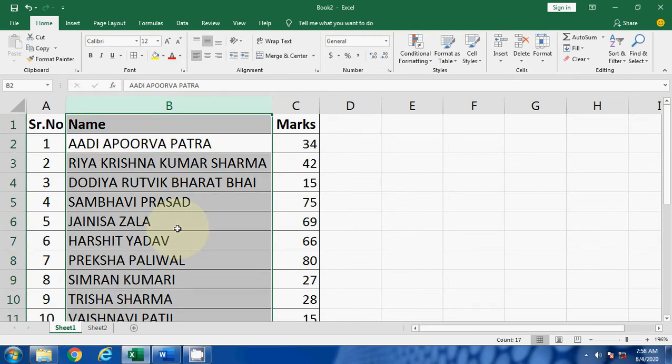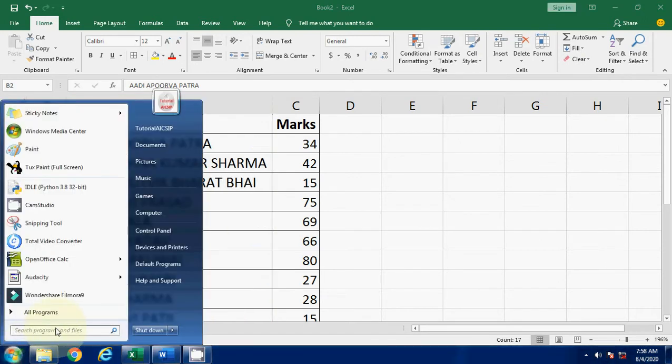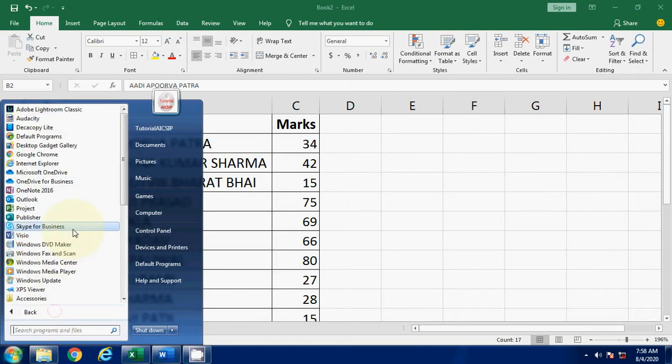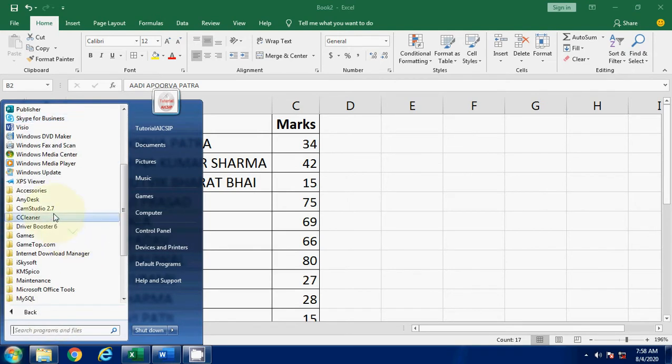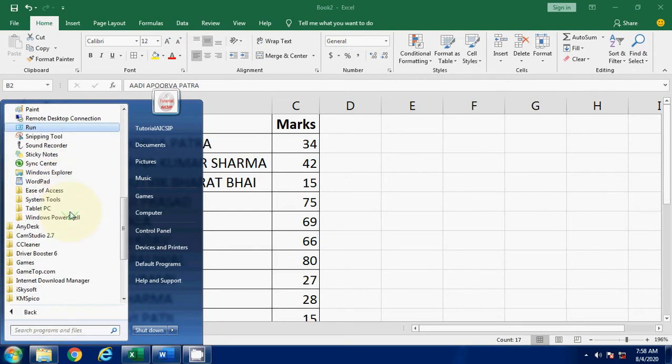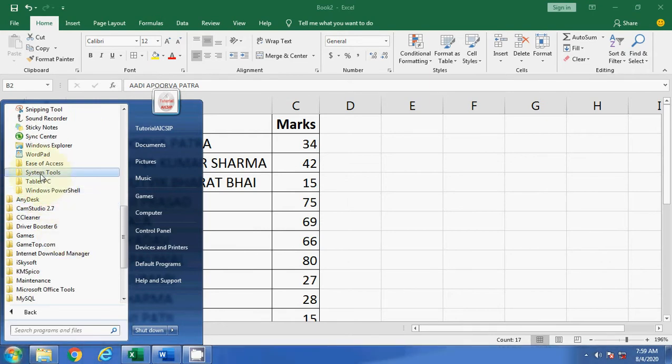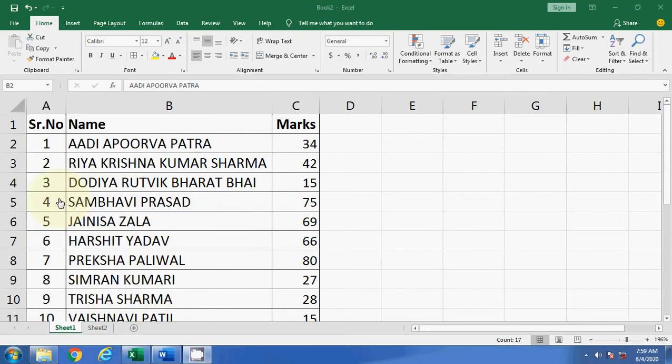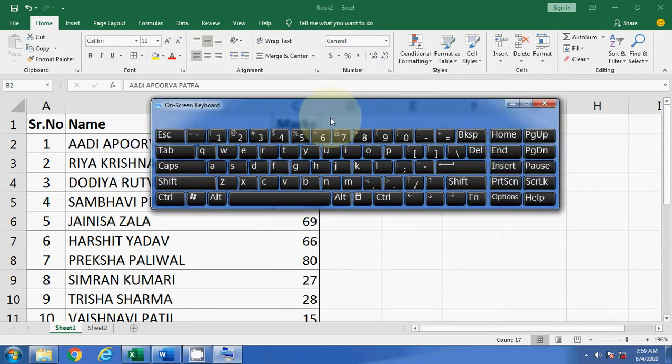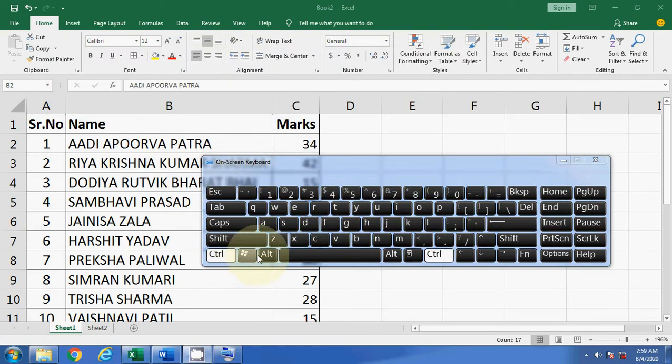Let me show you which is Control and which is Space. That you know, I think, but I will show you on the on-screen keyboard. Let me open it from Ease of Access, and then On-Screen Keyboard. Control space. This is the Control key, this is the Space key. So when you press both together, you can select the column directly.